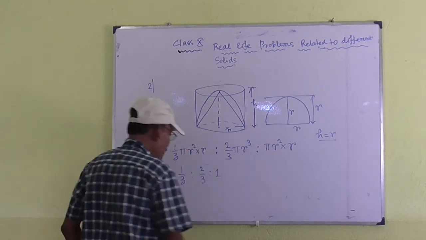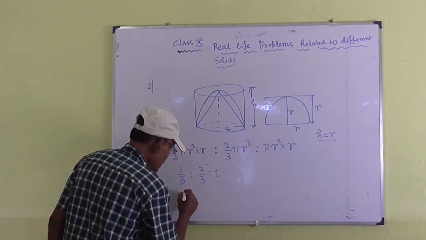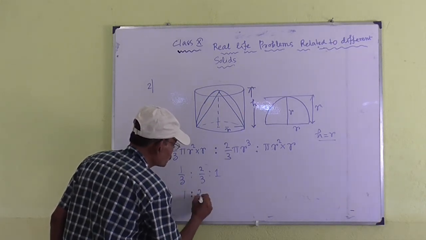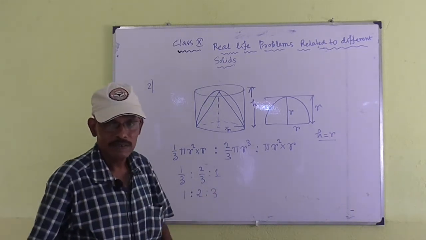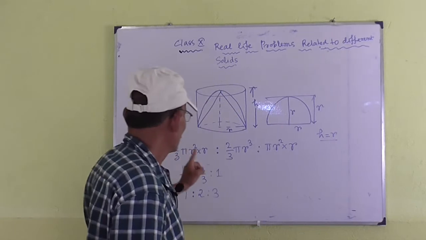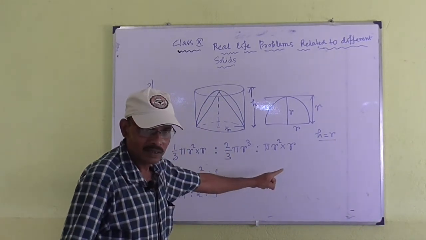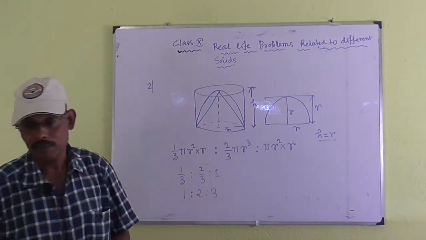So if we multiply by 3, we have 1 is to 2 is to 3. This is the required ratio of cone, hemisphere and cylinder. Clear? Now the next example is